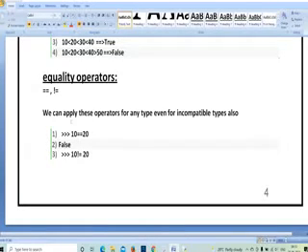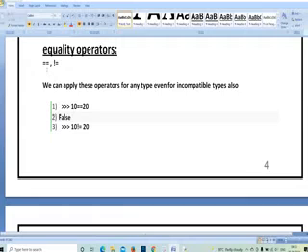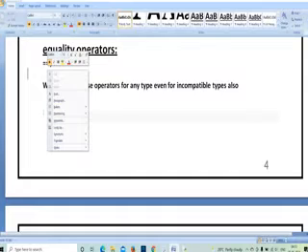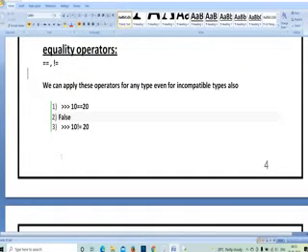So let us see this equality operator. To check whether a equals b, you have to write a double equal to b. Generally, if we say a is equal to b, we write a single equal to b. But in this case, you have to write a double equal to b to find equality. So I have taken 10 double equal to 20, meaning I am checking whether these two values are equal. 10 and 20 are not equal, so that is why I got the output false.